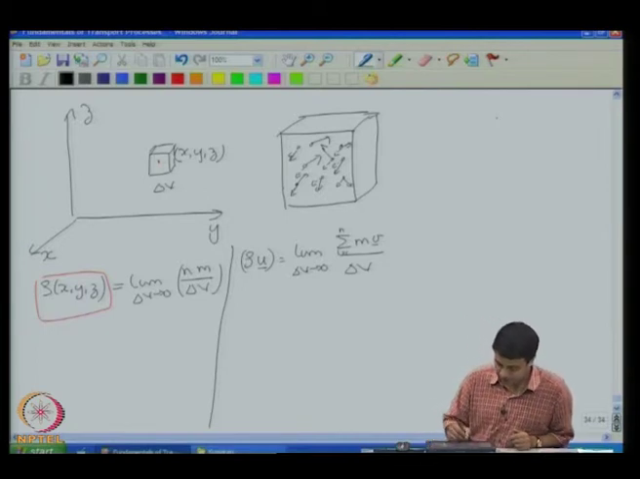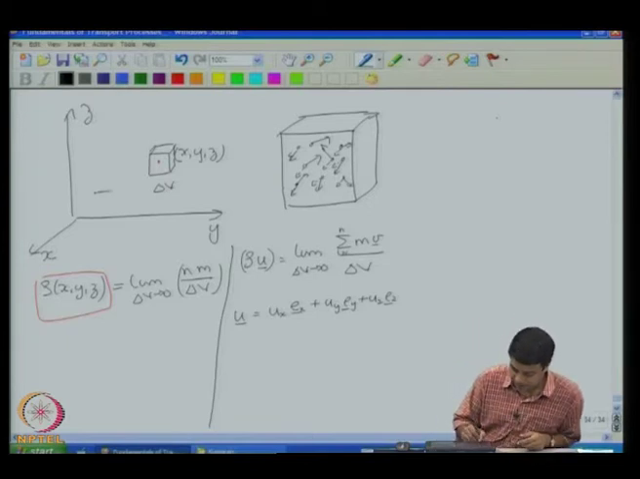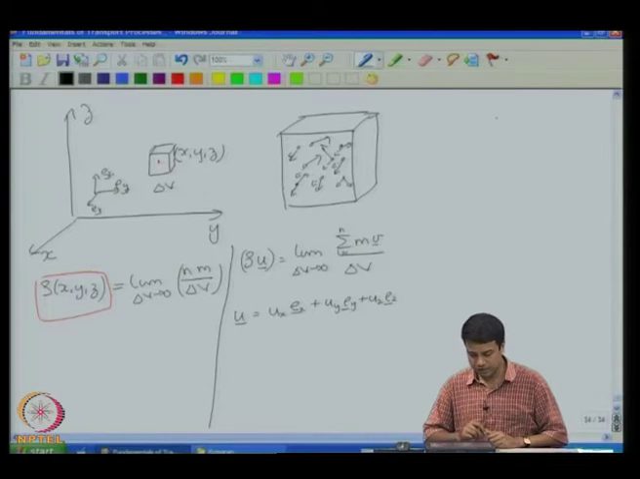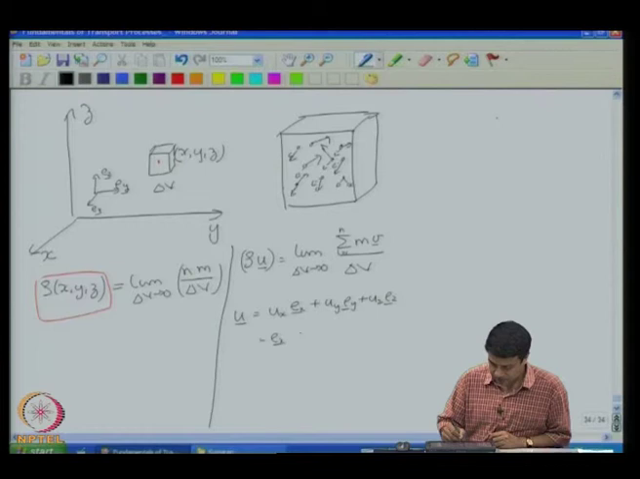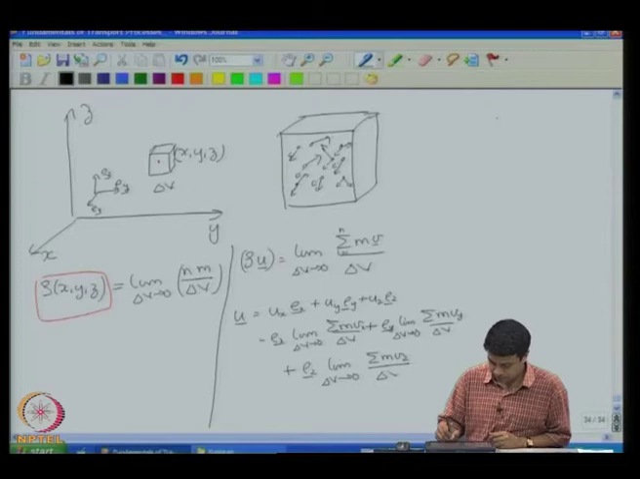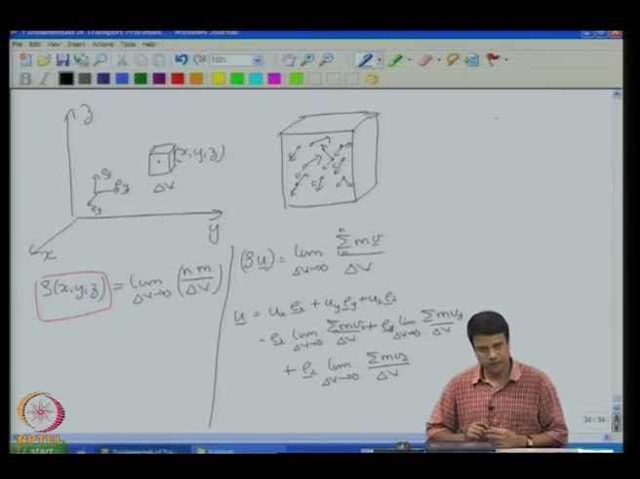So, if I define the u vector as ux times ex plus uy ey plus uz ez, where ex, ey, ez are the 3 unit vectors in the 3 coordinate directions, this is going to be equal to ex times the limit as delta v goes to 0 of the summation of m vx by delta v, plus ey times the limit, plus ez. So, these will be the three components of the velocity, where ux is equal to the summation of m vx by delta v, uy is equal to the summation of m vy by delta v,